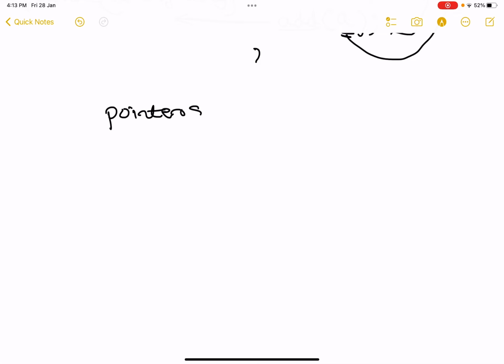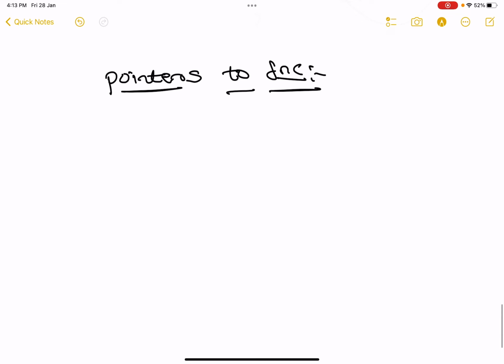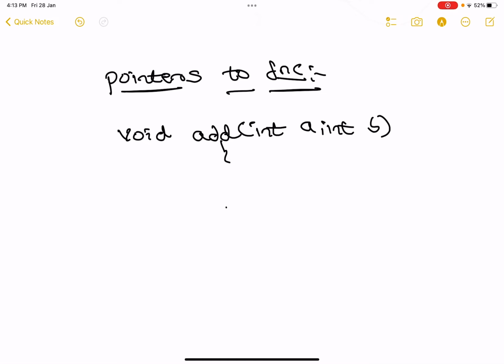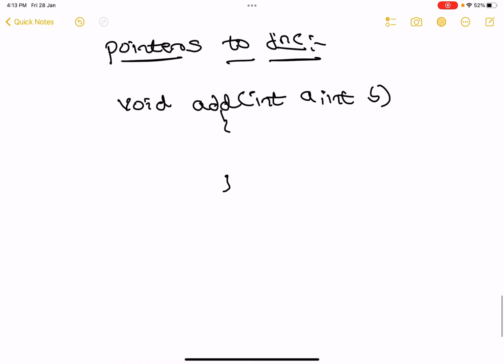Beautiful. Pointers to function. So the concept is very simple. This C programmers and our university is not satisfied with your knowledge. So what they are saying is, if we have a beautiful function like this inside main,